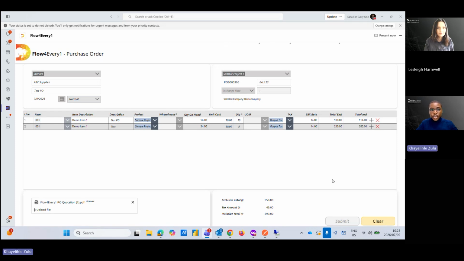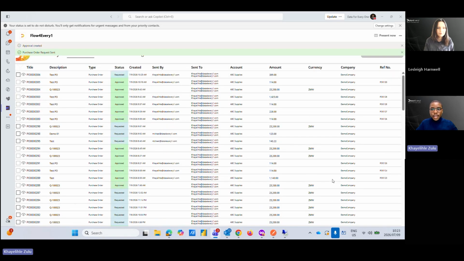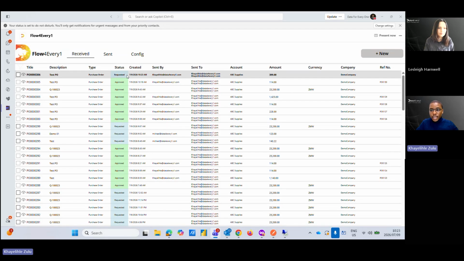So once this is complete, it will then return us to the dashboard screen where we are able to review the status of the request. And we can see that the purchase order is requested. We can then inspect the purchase order by clicking on the eye toggle so that we're able to review the